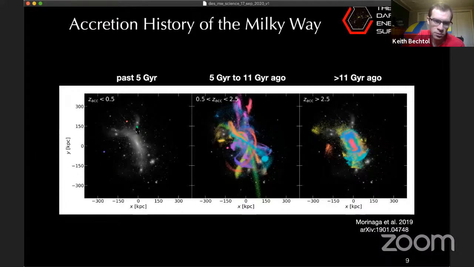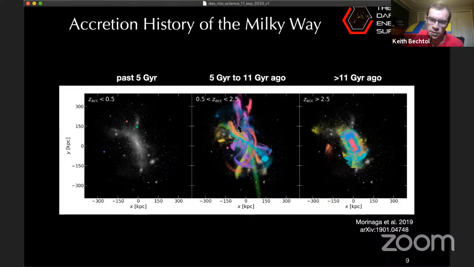So for example, this red, green, and blue, showing the stars that were in those satellites that have been most recently accreted. In the middle panel are the satellites that were accreted from 5 to 11 billion years ago. And you can see in this case that many of the satellites have been disrupted. They've been pulled apart by the tidal forces of the Milky Way,